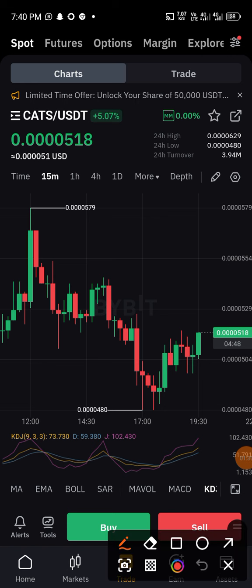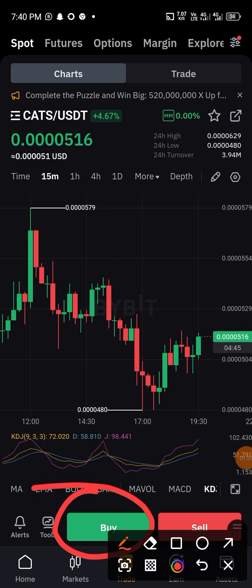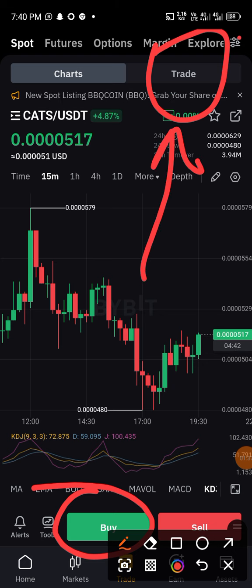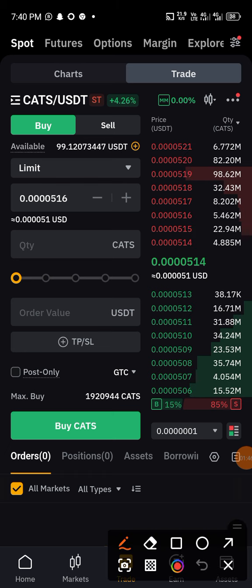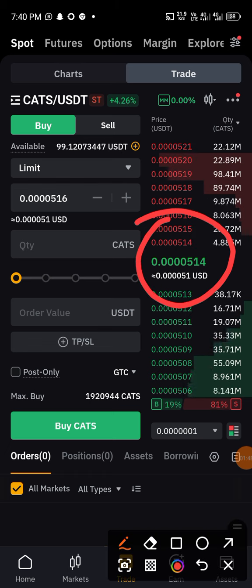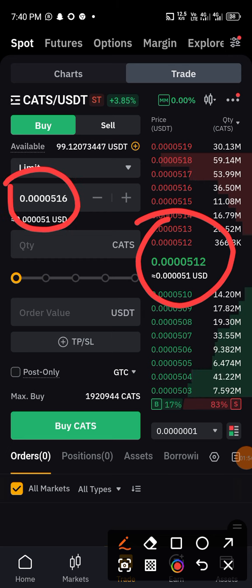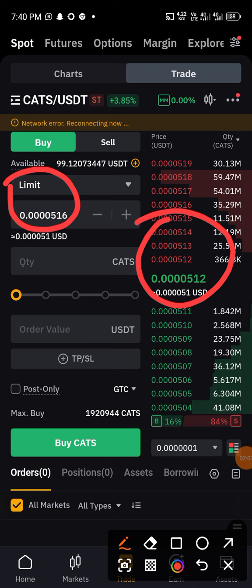You're going to navigate yourself here to click on buy, or you go over to this trade, in order to find your way to the buying section. Now we are at the buying section. This is exactly what the question is talking about. This is the current price, right? This is the very current price of cats, which is also available here. And Precious does not want to buy at this very rate. He or she wants to buy at a lower rate, something lower than this, right? He wants to buy at something lower than